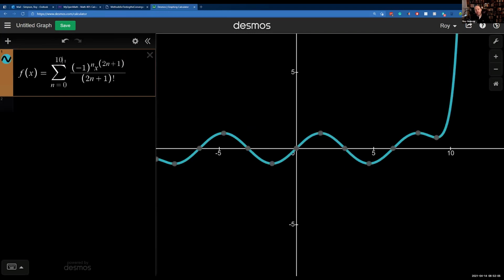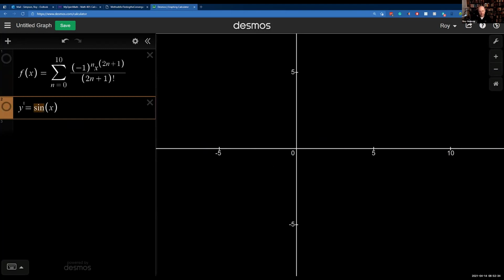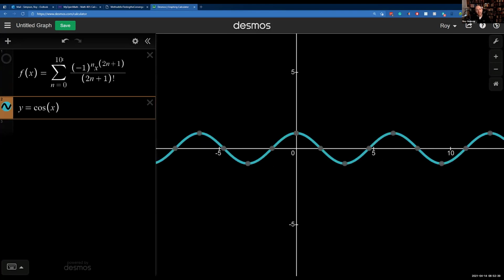What does this function look like to you? Looks like the sine curve. You are absolutely correct. There's the sine curve. There's the power series. The question I asked you, odd or even, tell me the sine curve, odd or even function? Okay. Tell me the cosine curve, odd or even function? Even. So if I turn on the cosine and I decided to make these even powers,